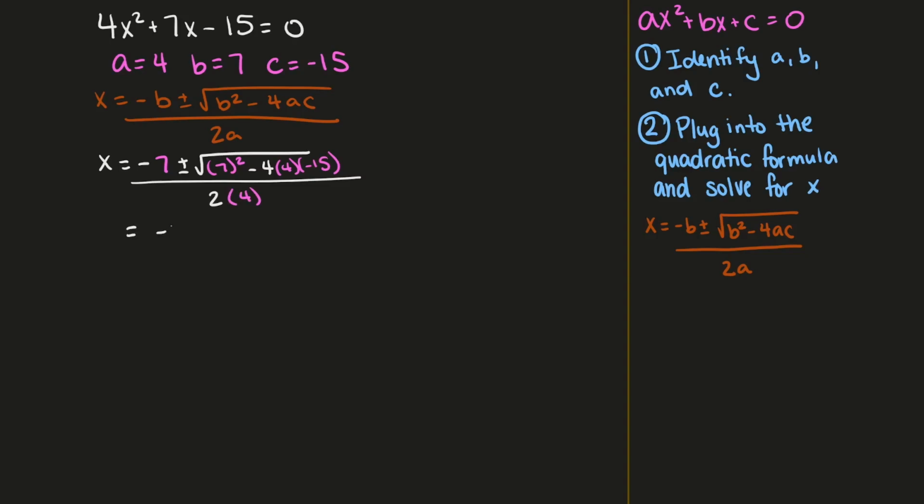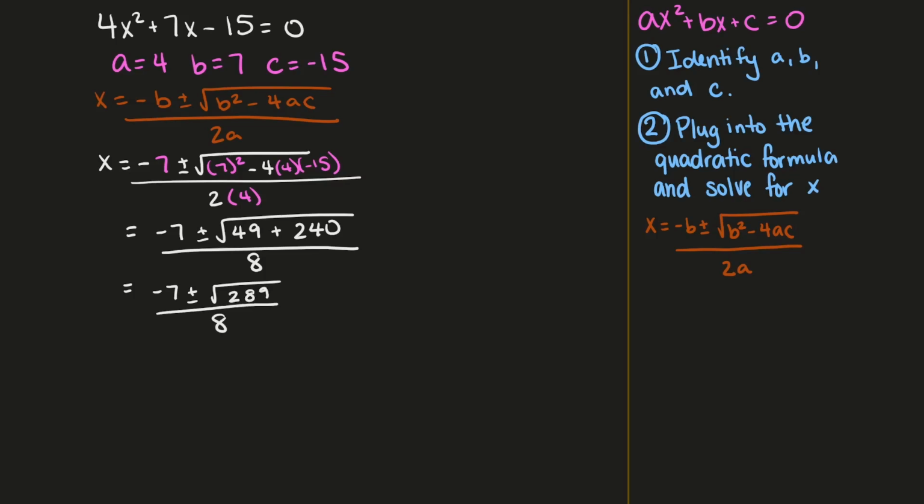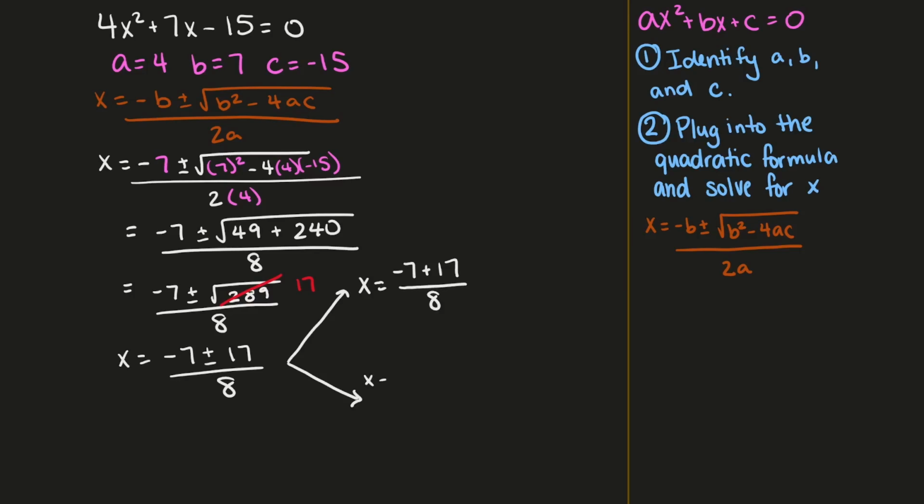So this is equal to negative 7 plus or minus the square root of 49 plus 240, all over 8, which is equal to negative 7 plus or minus the square root of 289, all over 8. The square root of 289 can be simplified because 289 is 17 times 17, so that's equal to 17. So our x is equal to negative 7 plus or minus 17 over 8, which means we can find our two values for x. So we have x equals negative 7 plus 17 over 8, and x equals negative 7